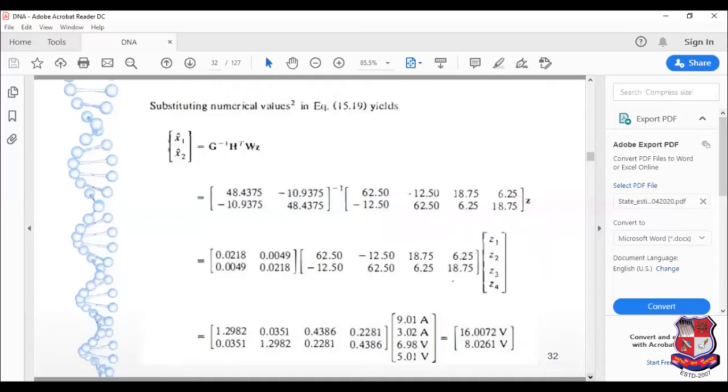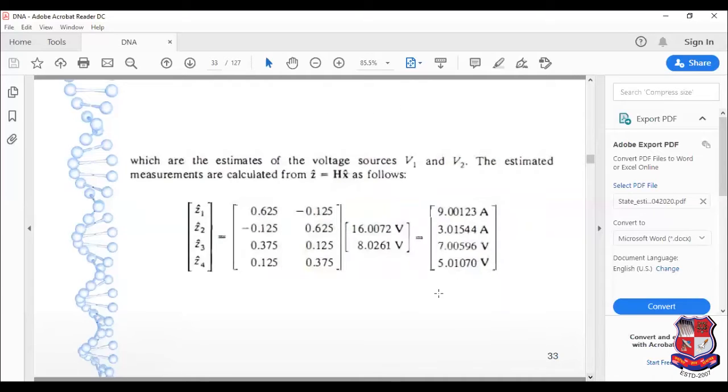Now, friends, over here, we want to find out if the value of any one measured variable is altered or changed, then what will be the next aggregate effect? So over here, if we find Z1 to Z4, it is Hx, then this is my Z1 to Z4 calculated. So this is Zc, not Zm. Okay, so the subtractive value of Zm and Zc will give me the error.